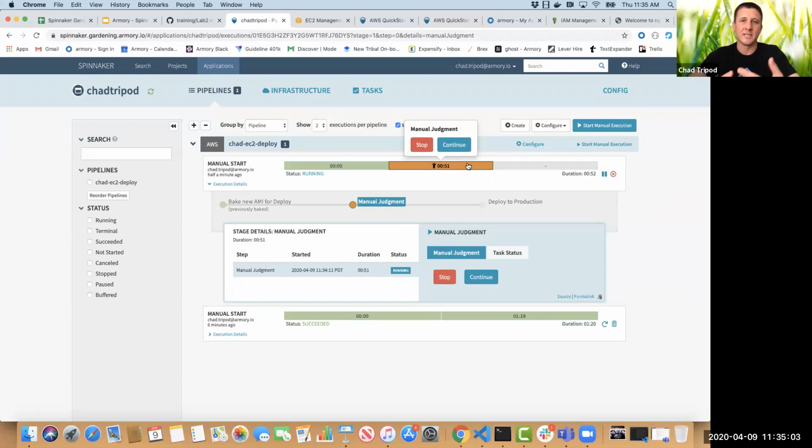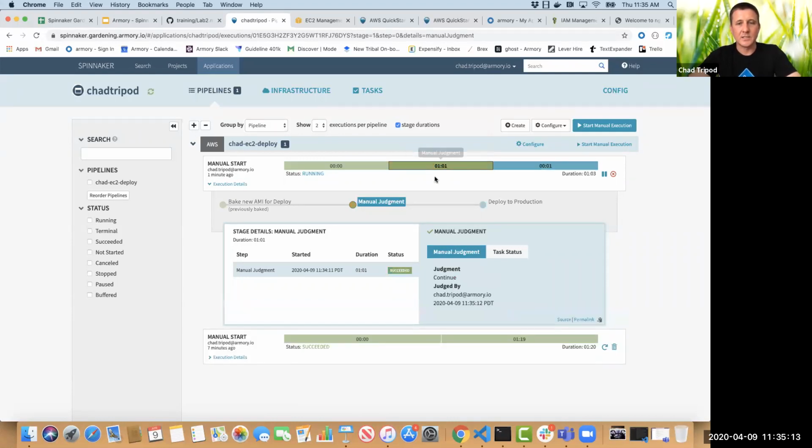And then based on validation inside of those systems, it actually calls back into the manual judgment and gives the approval to move forward. Another nice thing is you can change the account here at this level